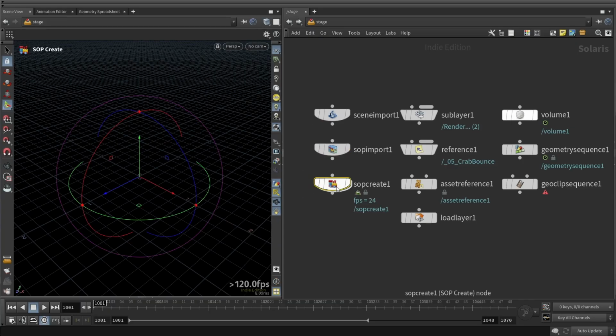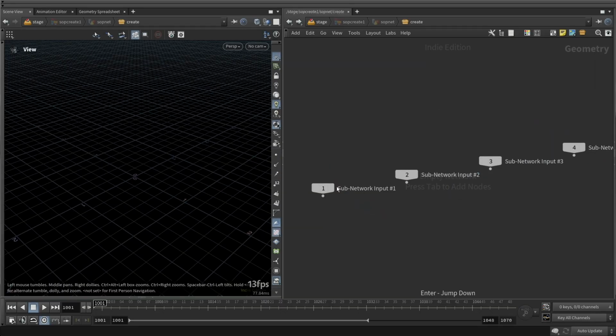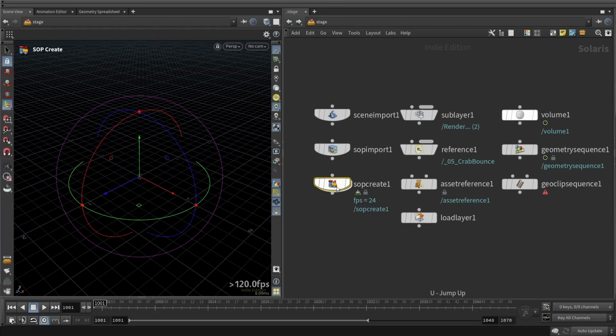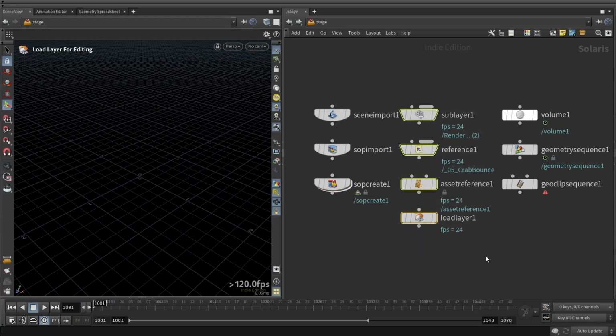The SOP create, as we've already seen, is a convenient wrapper around a SOP network and a SOP import that allows you to dive inside to create geometry. In the middle here are nodes for pulling in USD files. They can also load Alembic files, which is useful for pulling in cameras supplied by clients that aren't using USD yet, and they can even load BGO files, but I prefer to load those inside of a SOP create with